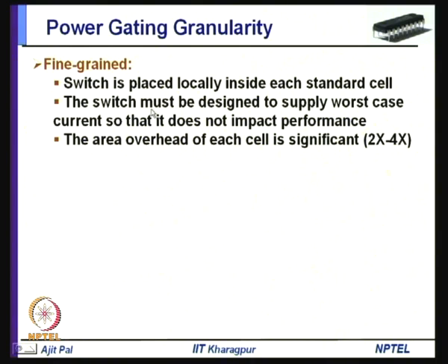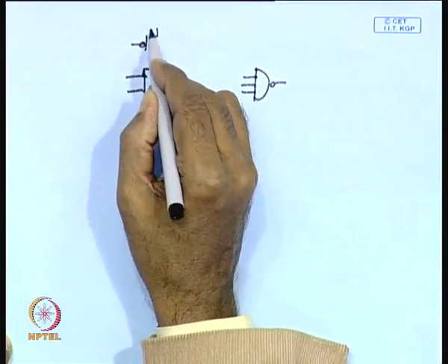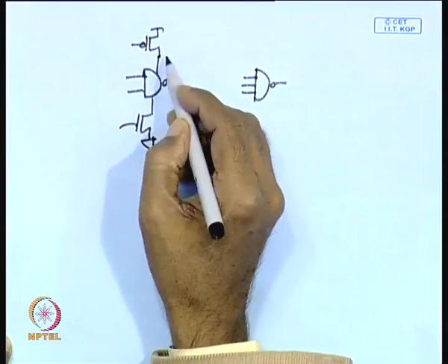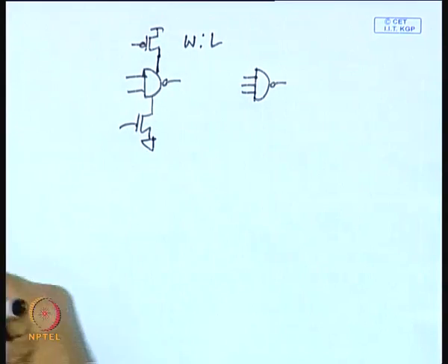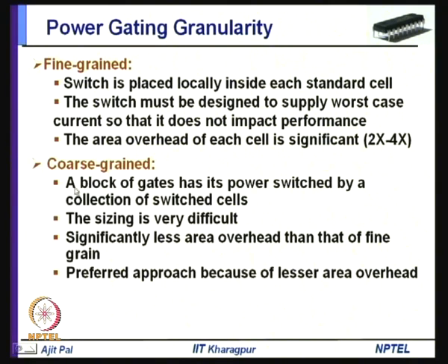Since you are inserting some transistors in series, PMOS transistors or NMOS transistors in series, you have to choose the width and length in such a way that it can supply worst case current, because the larger the width, the more current it will be able to supply, but it will occupy larger area. So, this kind of fine grained technique has large area overhead, and that is the reason why coarse grained power